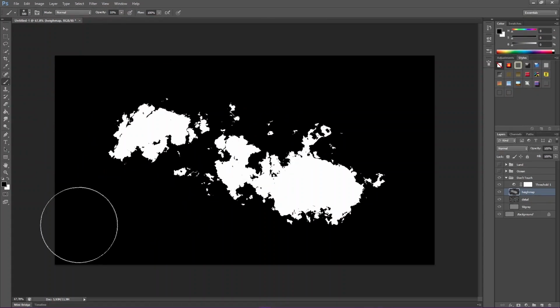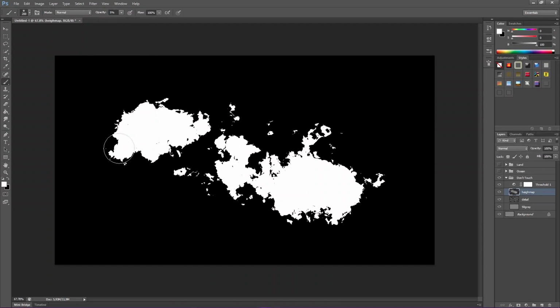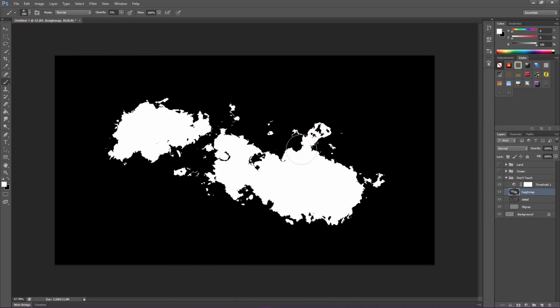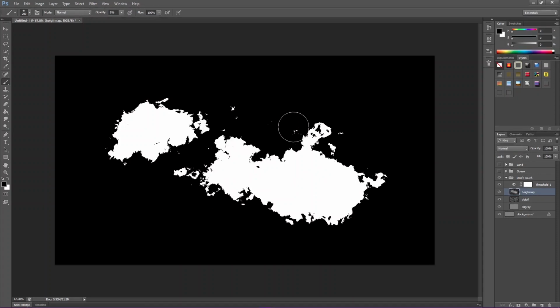I'm going to cut through this island so that I get two island blobs. I'm going to very, very softly, with a lower opacity brush, come in and tease my coastlines so that they're a little bit more coherent. I want them smoother because this is an island, not a continent. And pushing X again to paint black. You go backwards and forwards, and you tease your island into looking the way you want it to look.